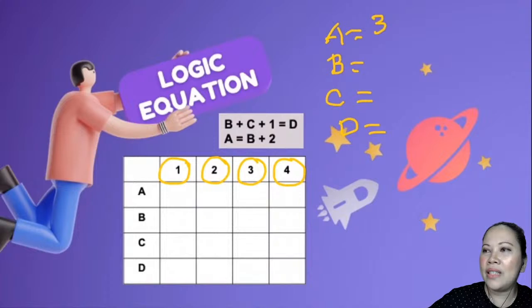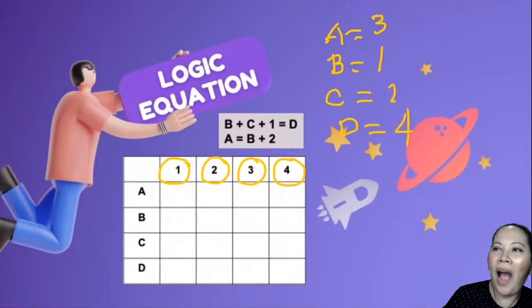Hi, Nerda Agreste. 7 is not on the list. It's only 1, 2, 3, 4. So D should be the biggest number. A is 3, B is 1, C is 2, D is 4. Wow! That is correct,